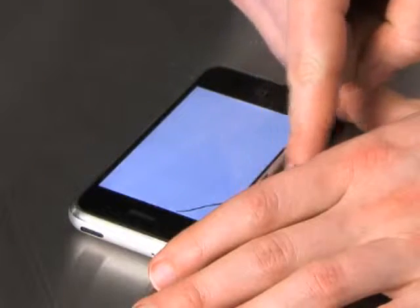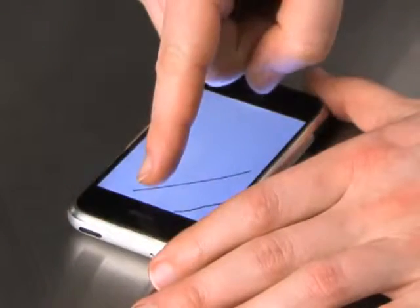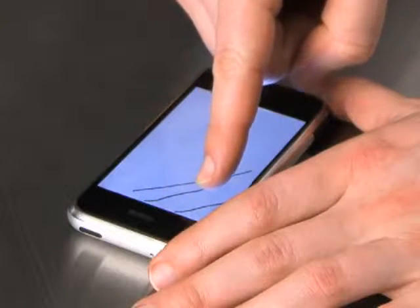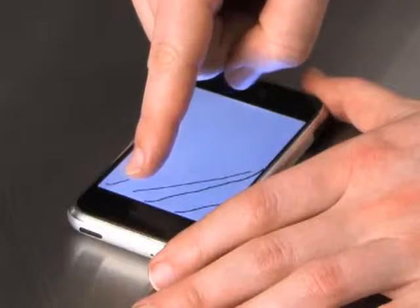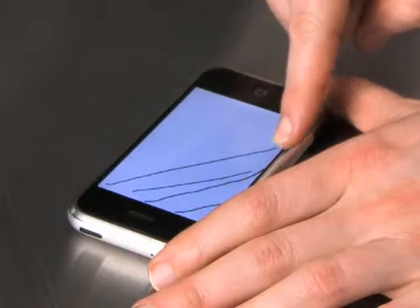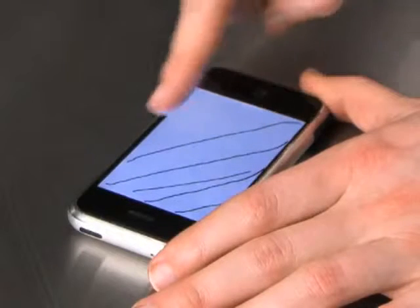You want to make sure that you draw slowly, because if you draw very quickly, there are only a few data points, maybe here, here, here, and here, and everything looks like a straight line. If you draw very slowly, then you see all of the nuances of exactly where the touchscreen thinks your finger is. So I'm going to draw an array of lines all the way across, moving my finger very steadily, and